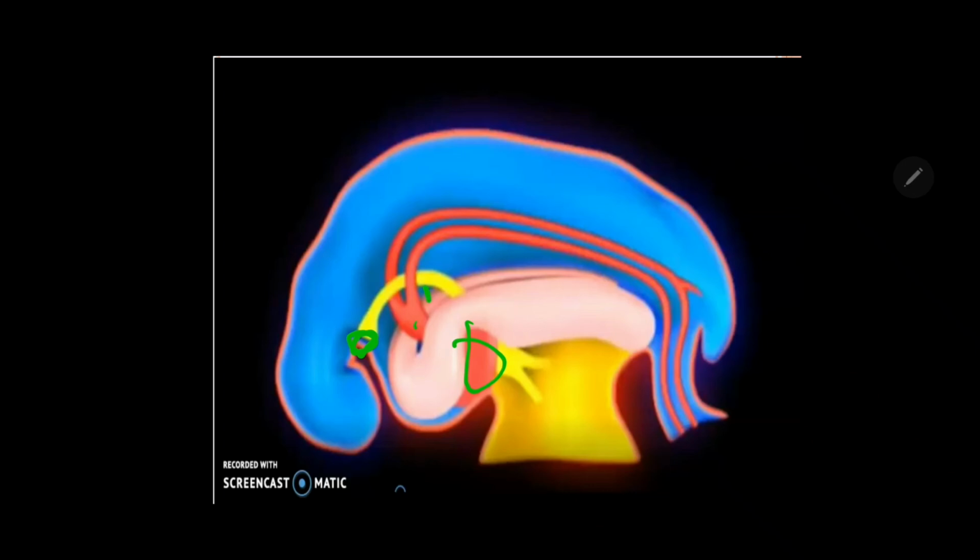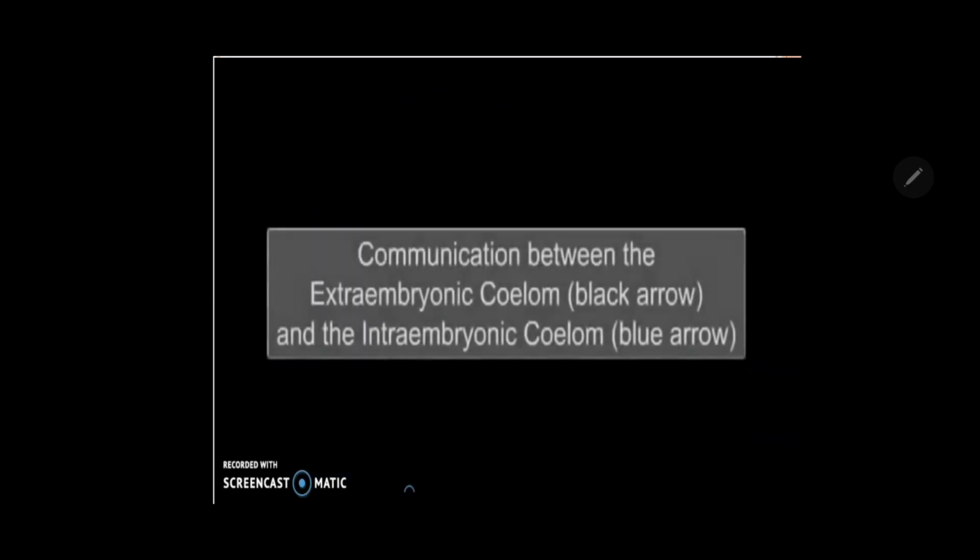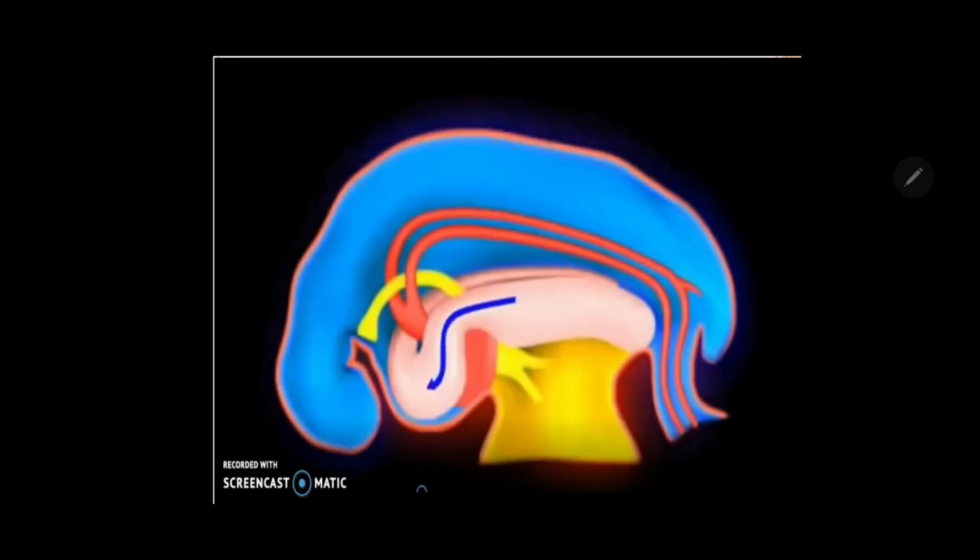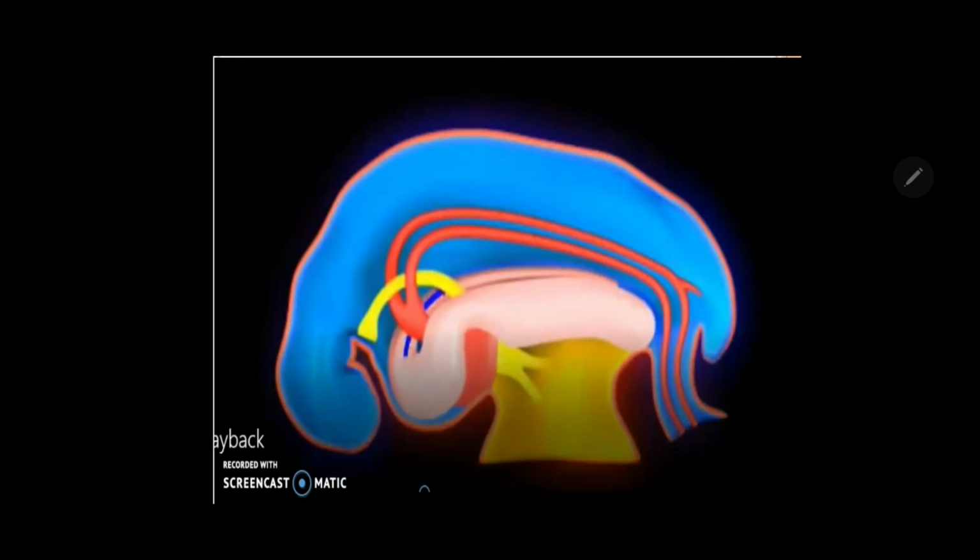This is the foregut from which you will see laryngotracheal diverticulum. The two lung buds develop and enter here in the future pleural cavity. This is the pericardial cavity. Heart will invaginate from above and behind, and this is the future peritoneal cavity. This is how the intraembryonic coelom is formed or positioned. You can see that is the communication between the intraembryonic and extraembryonic coelom, which will be cut off soon.